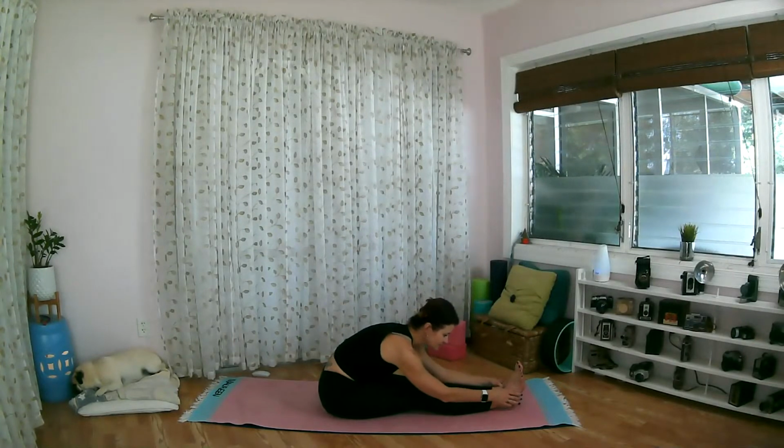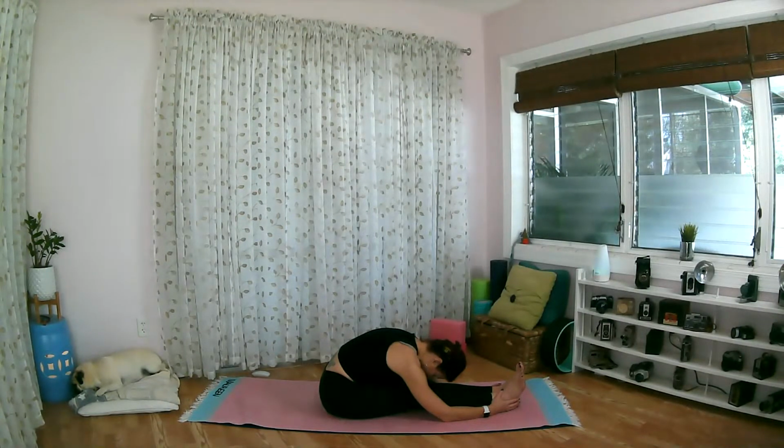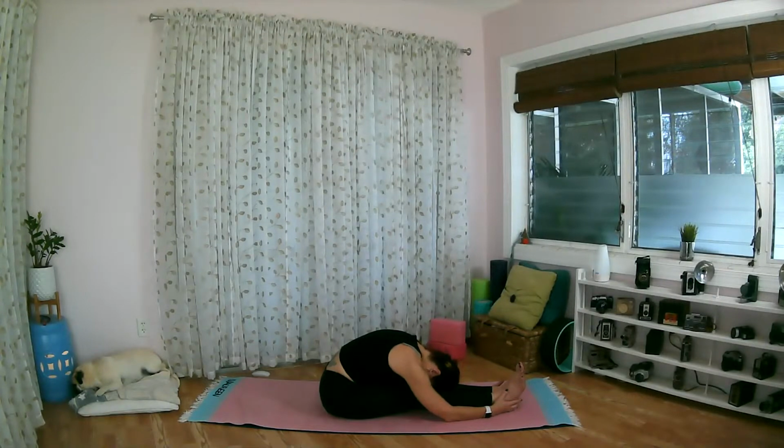Lift your head. Come up to a seated position and fold forward, grabbing the feet, the toes. We're just bringing the arms down on either side of your legs, holding here for 10 breaths. And just letting the body soften into position. After 10 breaths, inhale, lift your head, and you can either come into a cross-legged position, or you can do one foot into a lotus position,